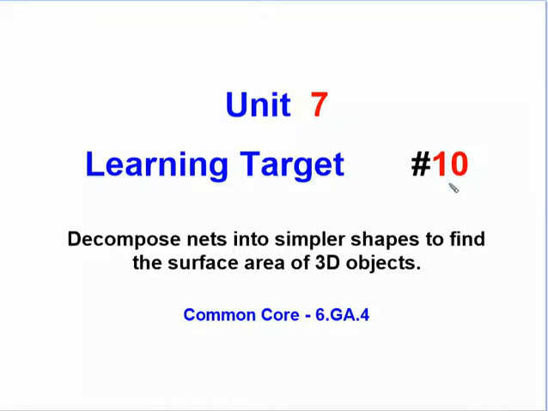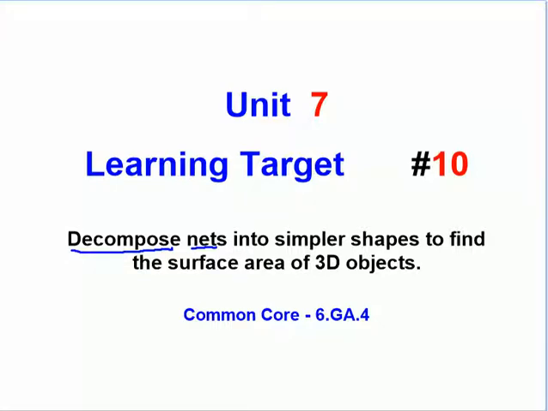Unit 7 learning target number 10. Decompose nets into simpler shapes to find the surface area of 3D objects. Our learning target here is a mouthful. We're using words that we've just learned, decompose and nets, into simpler shapes to find the surface area of 3D